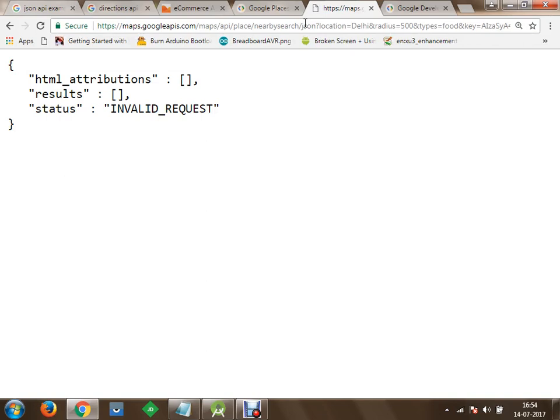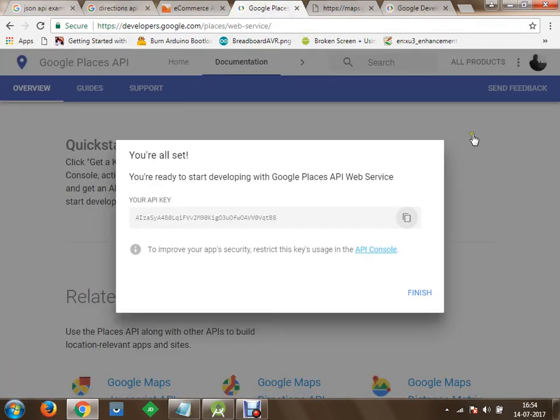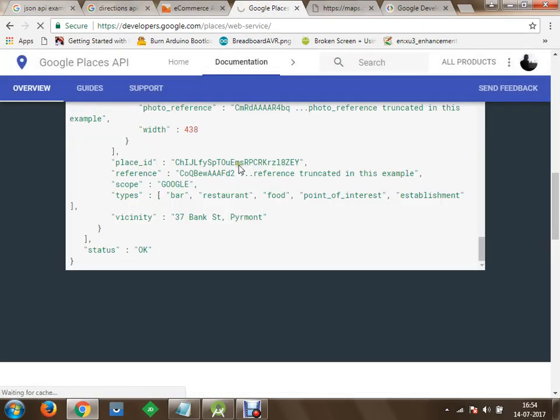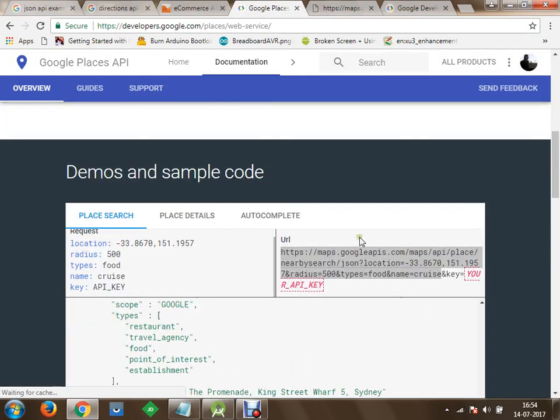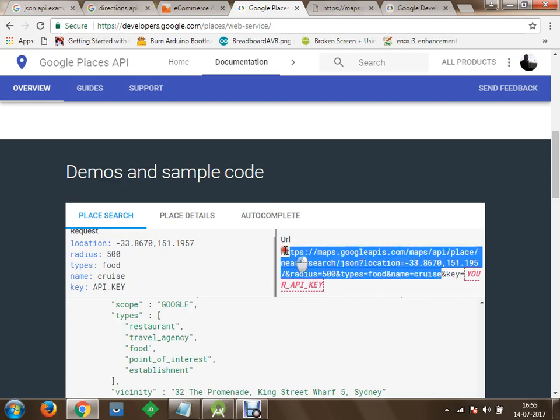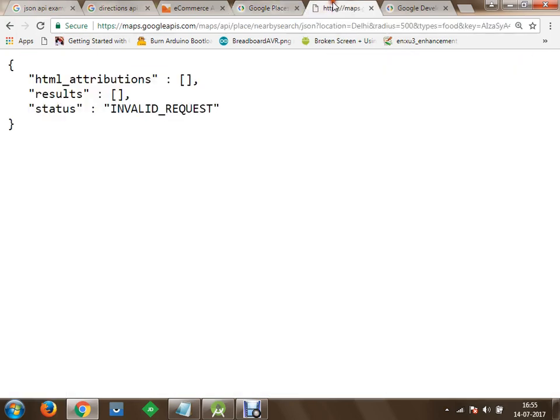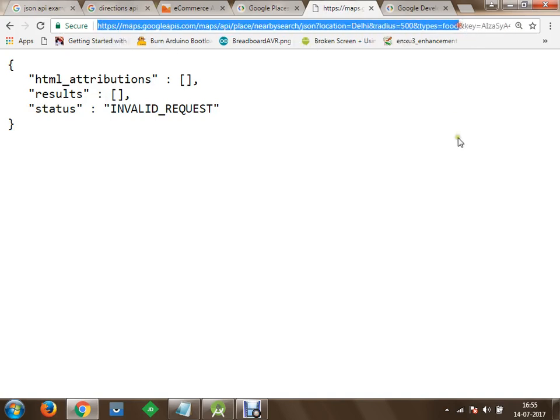We are not getting that information from the name of the location. So let me get the latitude and longitude of a position. Let's say I'm going to take a sample latitude and longitude and test this. Let's do one thing: I would like to copy this URL, and for the time being we'll test it with this particular information.